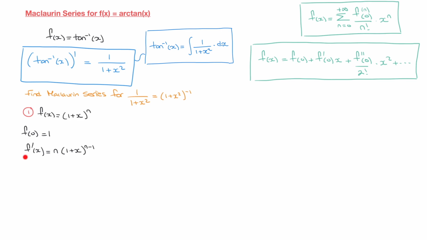Now, evaluating f prime of x when x equals 0, the right-hand side would become 1 plus 0, which is just 1, raised to the power of n minus 1, so that's still 1, times n. In other words, f prime, or f dash of 0, is equal to n. We're nearly there. We now look for the second derivative, which I get by differentiating the first derivative we have